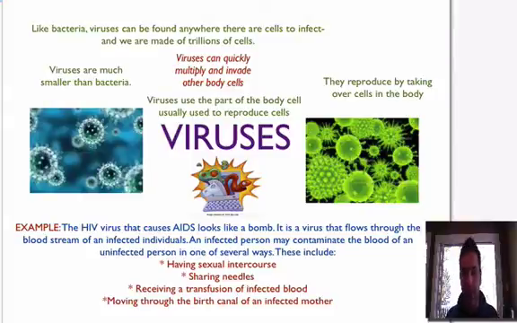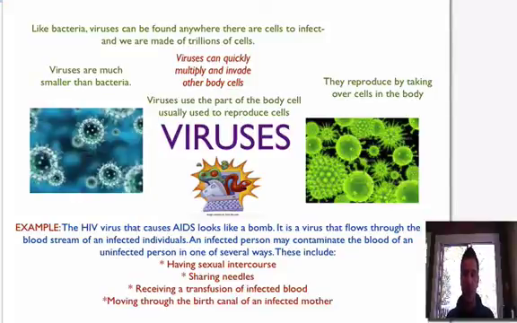So I just have a little example at the bottom. I'm just going to read it to you. It says the HIV virus that caused AIDS looks like a bomb. So it is a virus that flows through the bloodstream of infected individuals. An infected person may contaminate the blood of any uninfected person in one of several ways. So there's various ways that these viruses can infect people. So we're talking HIV virus and then what causes AIDS. So if it invades a person through having sexual intercourse, maybe sharing needles,